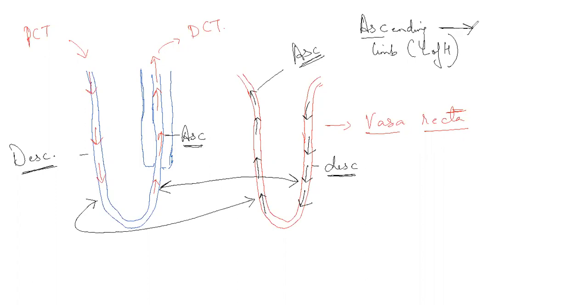passes solutes into the descending limb of the vasa recta via the medullary interstitium. This blood entering into the medullary interstitium begins to take some amount of solutes